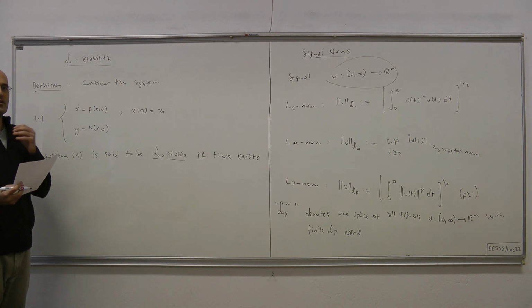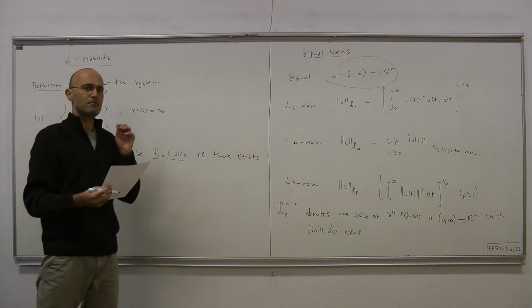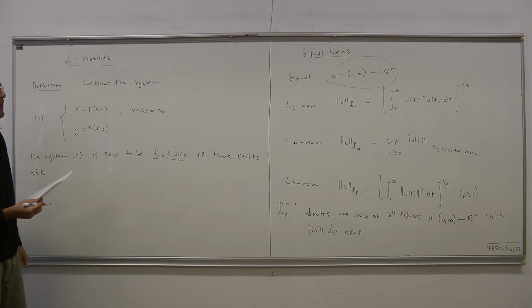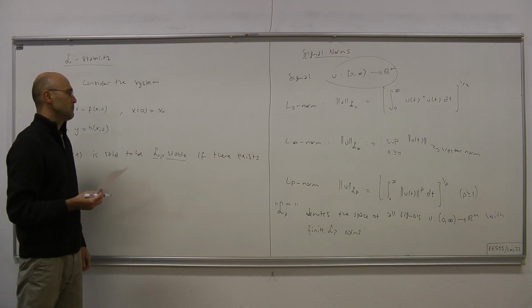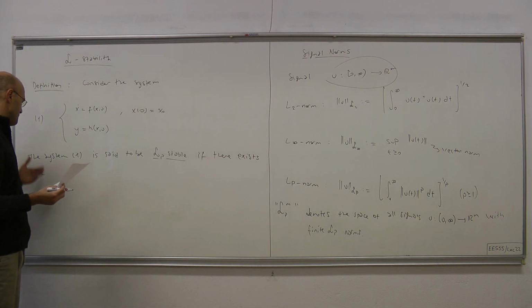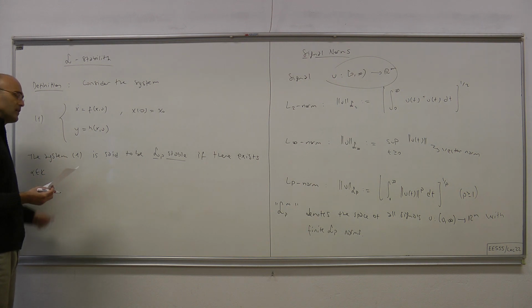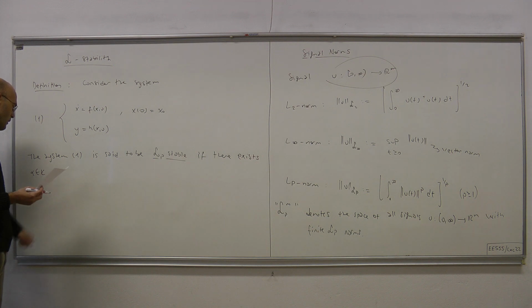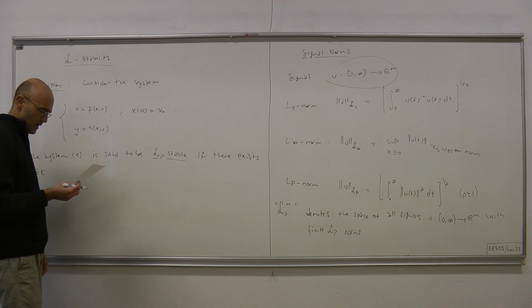It's a continuous function, 0 at 0, and it's strictly increasing. If it's also unbounded, we call it a K infinity function. But here, for this definition, we require alpha to be a class K only, and